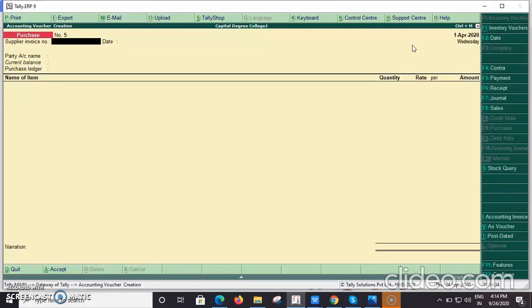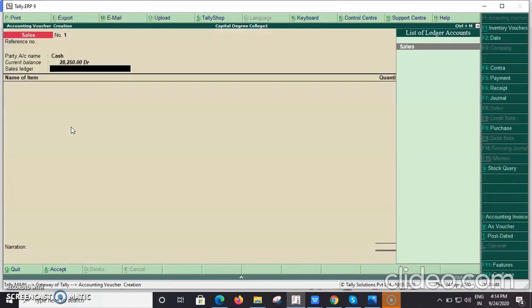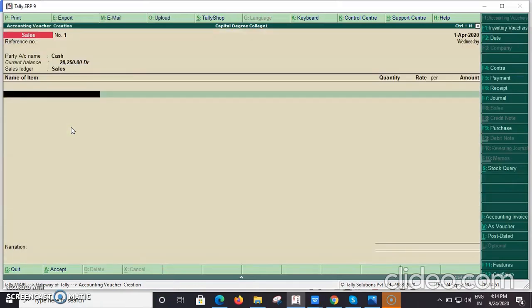Cash purchase gone, completed. And now sales. For sales, F8. See here, sales. Now sales, first UPS sales. Same like that only, same only sales. This is invoice mode. I will show next how voucher mode will be. It is invoice mode. So again UPS. Total 20 available. In that how many sold? 18 sold. The rate is 2100.